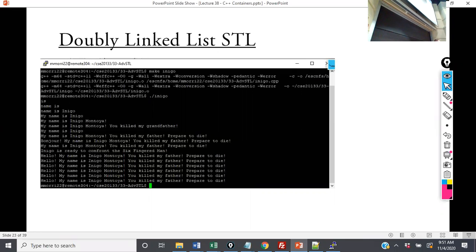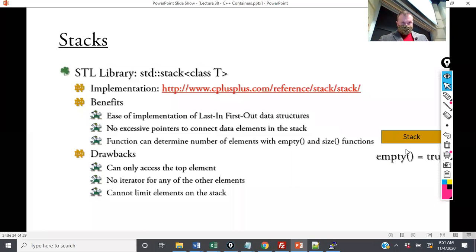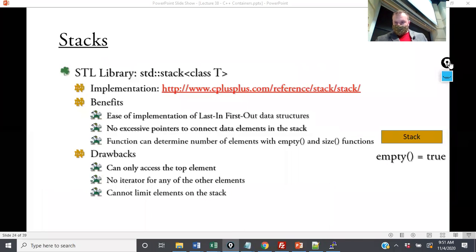So that's just a cute little example of how we can use push front and push back to get some strings and things into a doubly linked list. So does anybody have any questions on doubly linked lists? All right, so the last thing